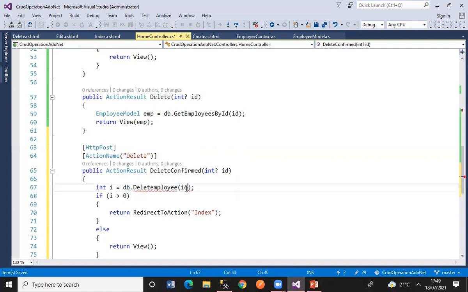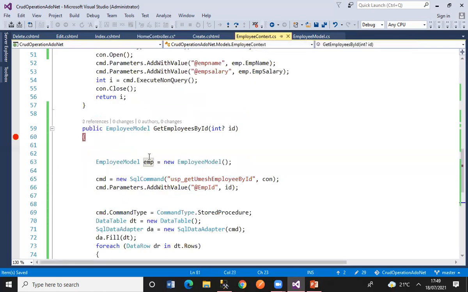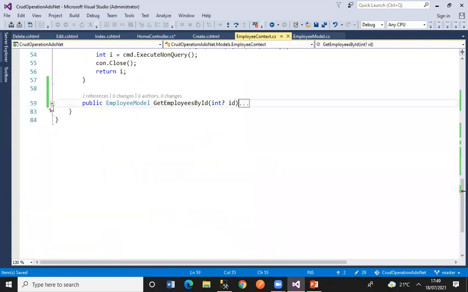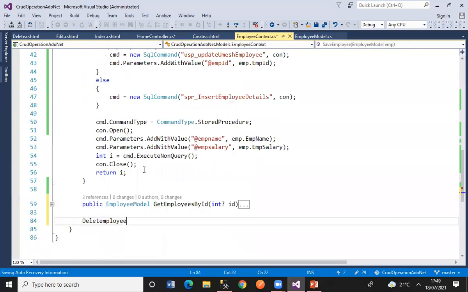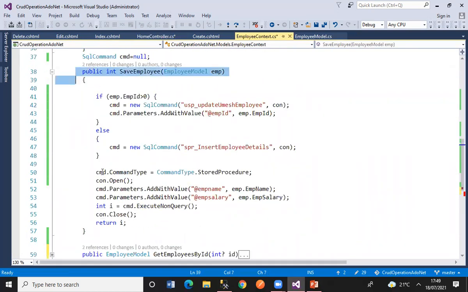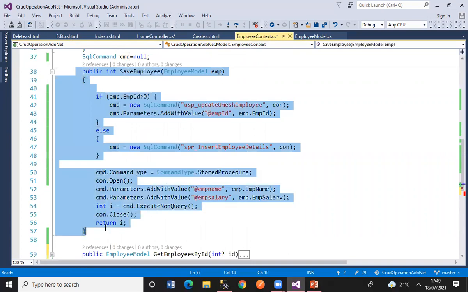Obviously, I'm going to pass ID here, and let me go to my context class. In that particular context class, I will write a method. So let me paste a Delete method, and I don't need to do any big deal. I just need to copy the code I did for SaveEmployee.